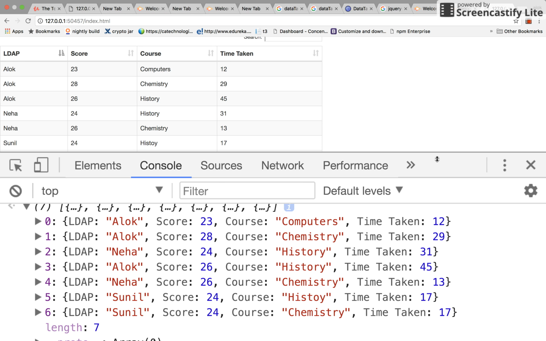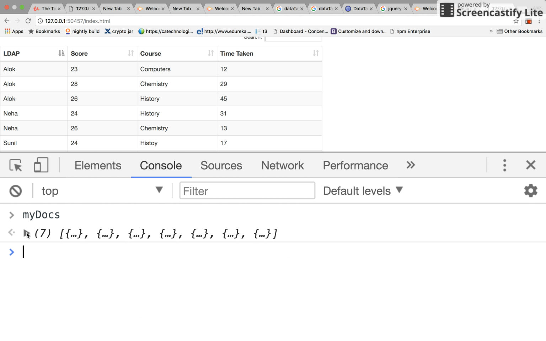So Alok's total score is 23 plus 28 plus 26, which is 23 plus 28 is 51, 51 plus 26 is 77. So Alok's score is 77. Neha's score is 26 plus 24, which is 50. And Sunil's score is 24 plus 24, which is 48. So this is my next goal. How do I achieve it? I'll achieve it by using this